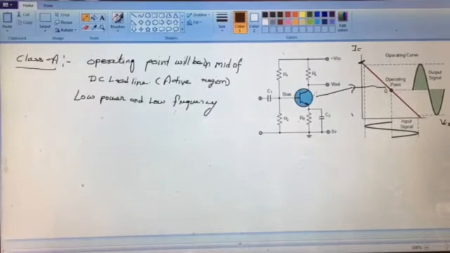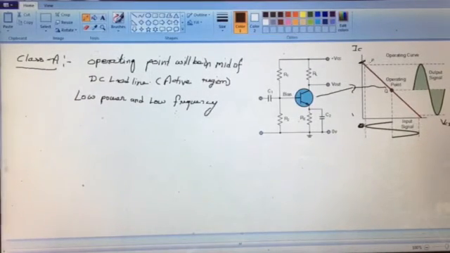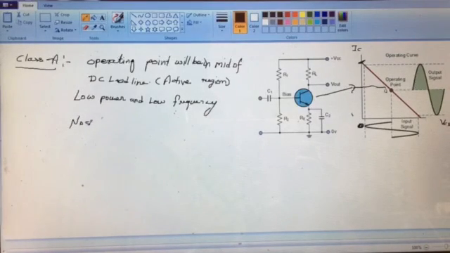It may be seen in this diagram that when we have provided 0 input signal, in that case also the maximum output in terms of IC will dissipate more power, which is not desirable. So under no signal condition,